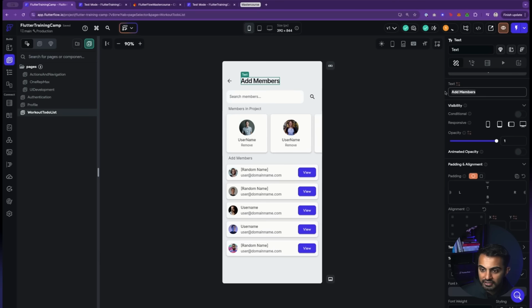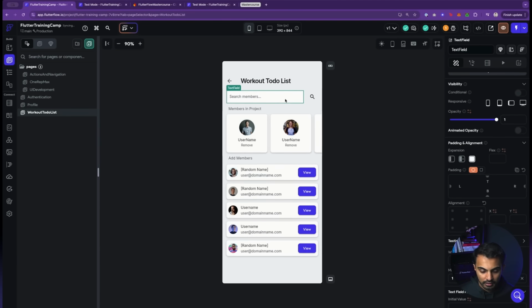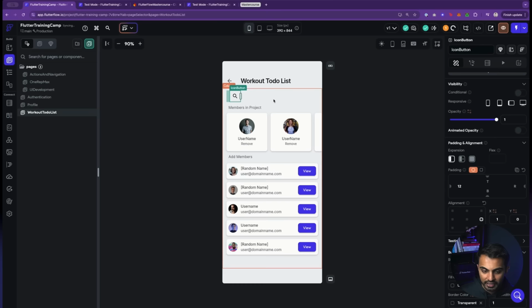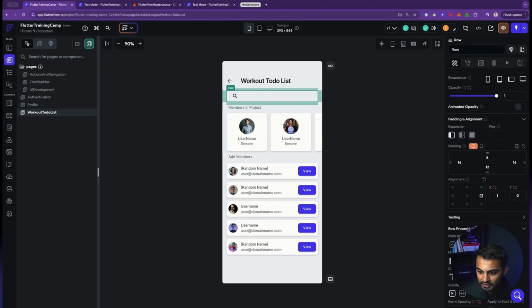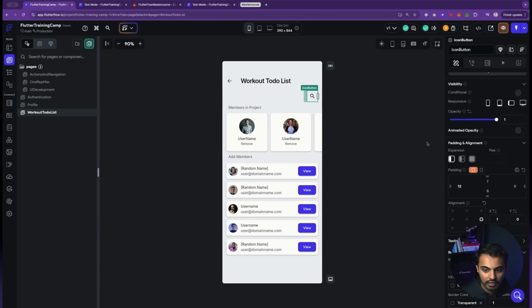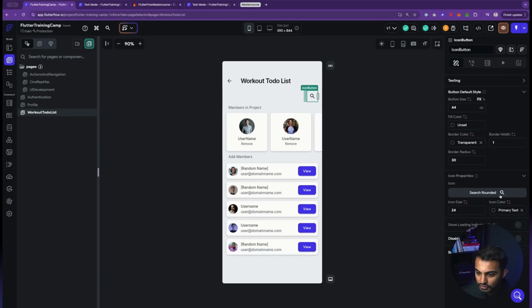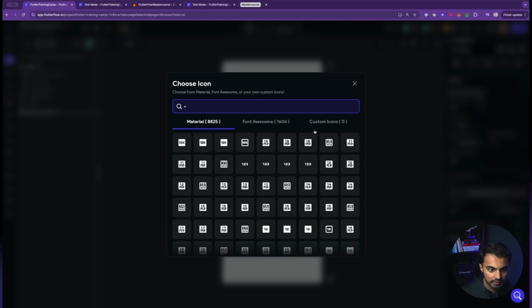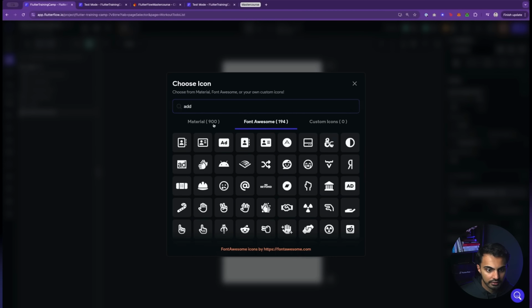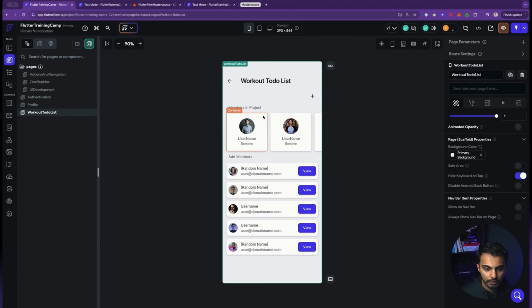I'm gonna change the text up top to workout to-do list, okay? I'm gonna remove this text field, and I'm gonna click on the row and see if I can align everything to the right. Doesn't look like that is working, so I'm gonna use the main axis alignment. Okay, and I'm gonna change this to a plus sign, or I'll say add plus, boom.